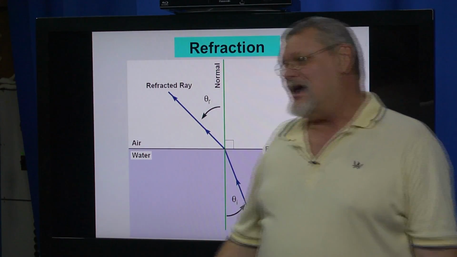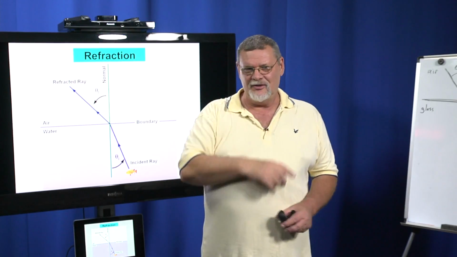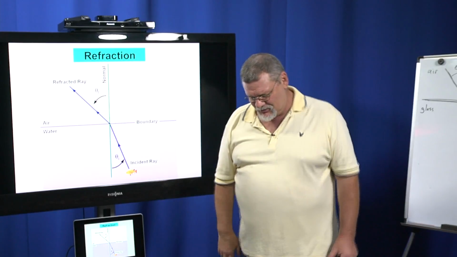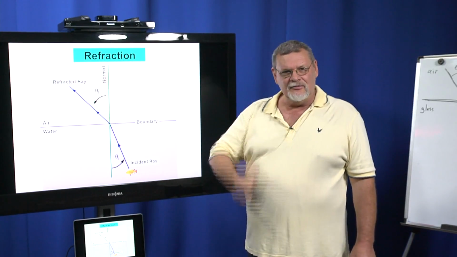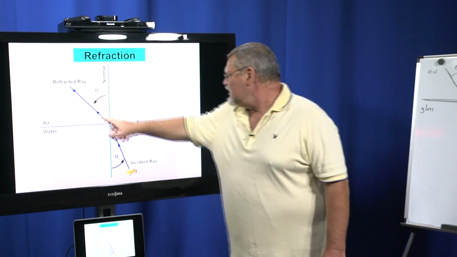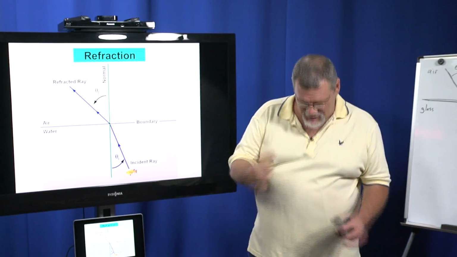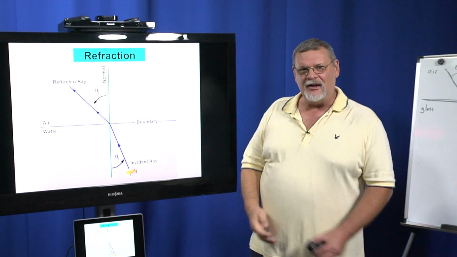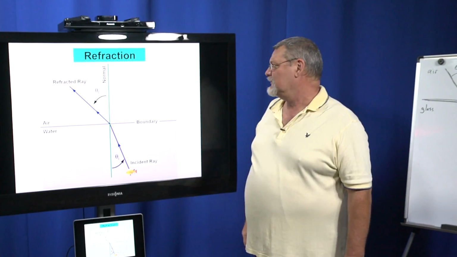Do you remember that movie Castaway that we talked about with Tom Hanks? And he had the analemma in his cave. Well, I don't know if you remember it. Go back and watch the movie. But at the beginning, he's trying to gig some fish, and he kept missing them. He kept missing them. And the reason is because he's looking here, and the fish isn't there. It's closer to him. So if you ever go gigging for fish, aim a little closer to your body because they're actually physically closer to you than you think because of refraction.